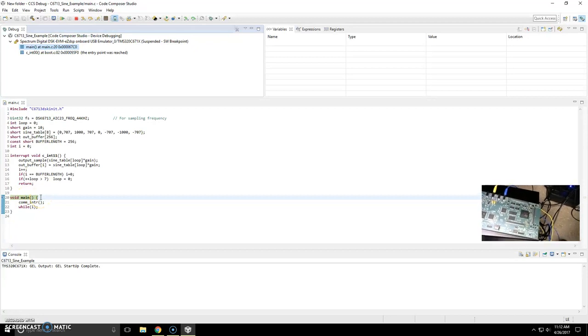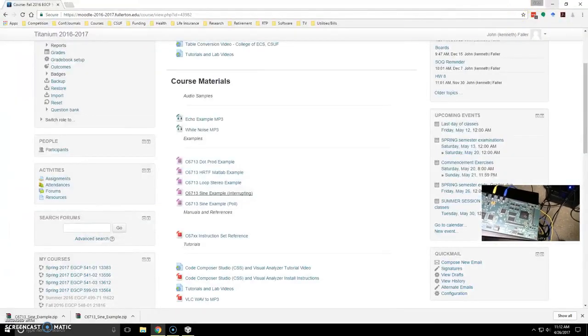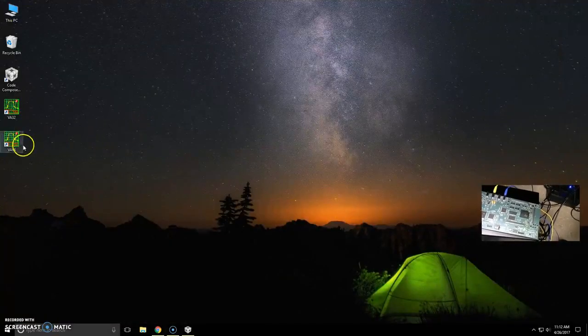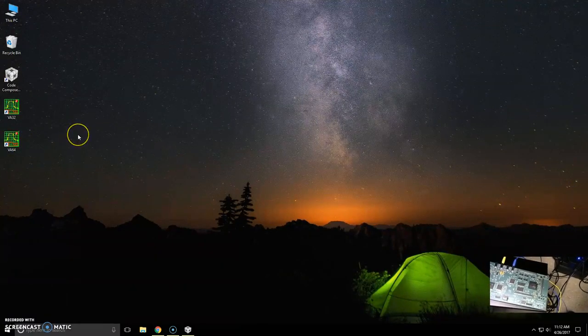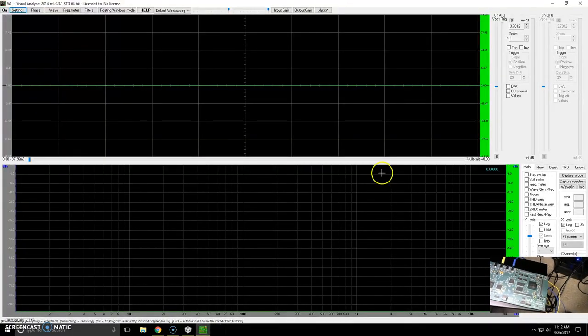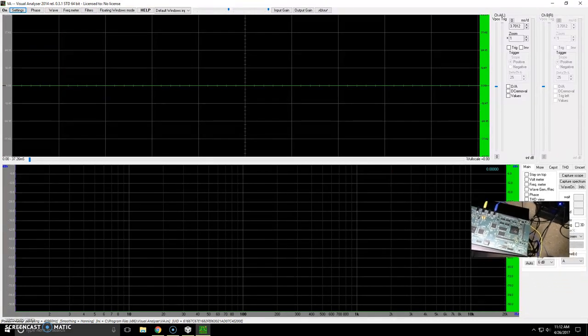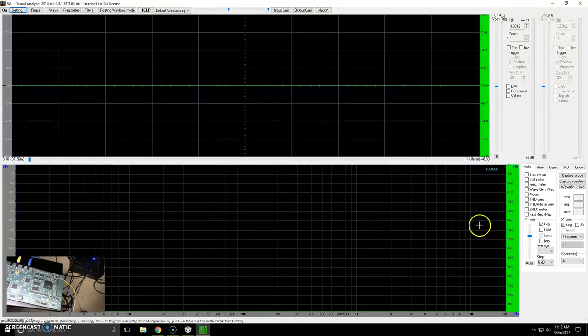So before we run this, we're going to go ahead and execute Visual Analyzer. Depending on if you have a 32-bit machine or a 64-bit, probably you have a 64-bit, that's the more common. You're going to run VA64, and it's going to bring up something like this. So a few things we're going to do, let's see, can I move this out of the way? Alright, we're going to turn this thing on. Well, first off, let's